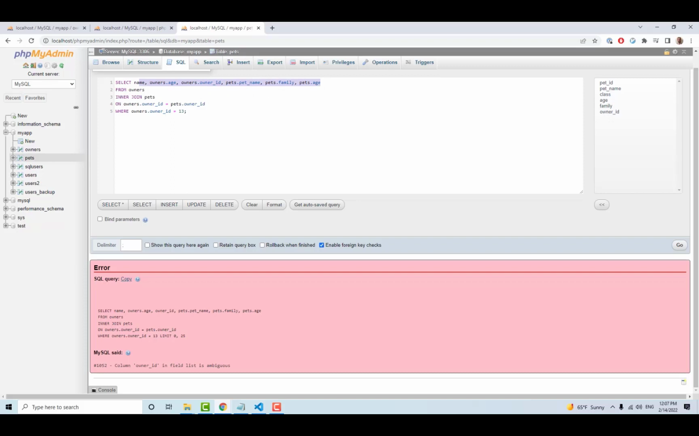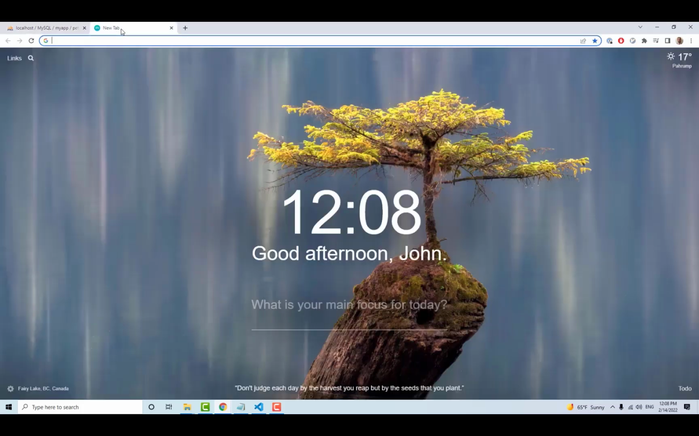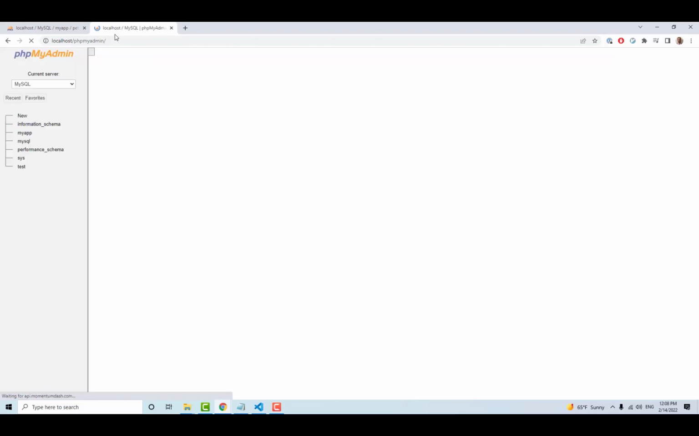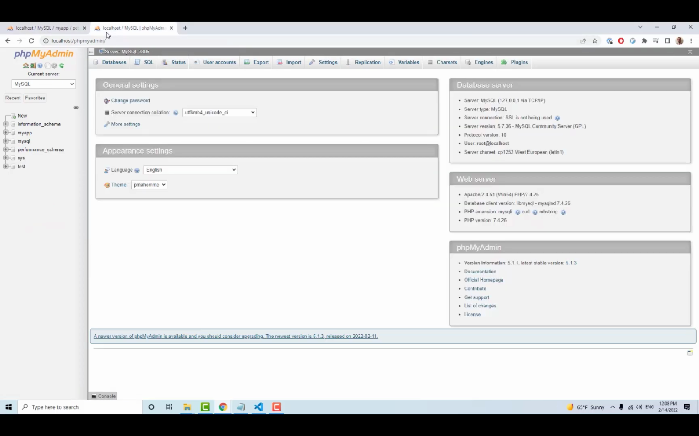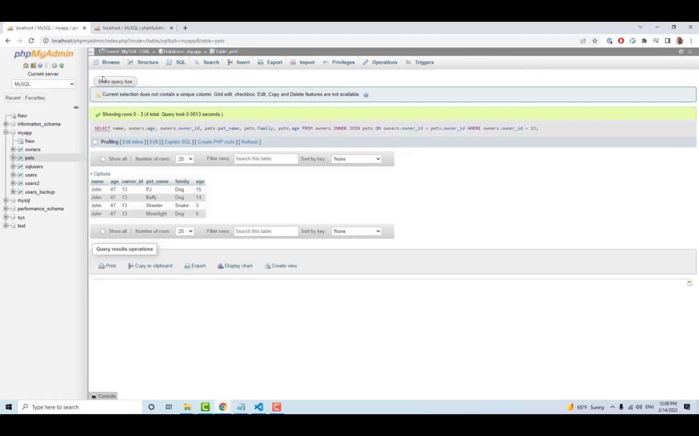So anyway, let's see. Okay, so we have our inner join. So let's go ahead and run this code again. And then I'm going to close out these other tabs here. I want to open up a couple tabs just to kind of see the difference. So I'm going to go to localhost, phpMyAdmin. And we did an inner join here. And so I want to do a left join here. So I'm going to paste this all in. Oh, you know what? And I need to get rid of